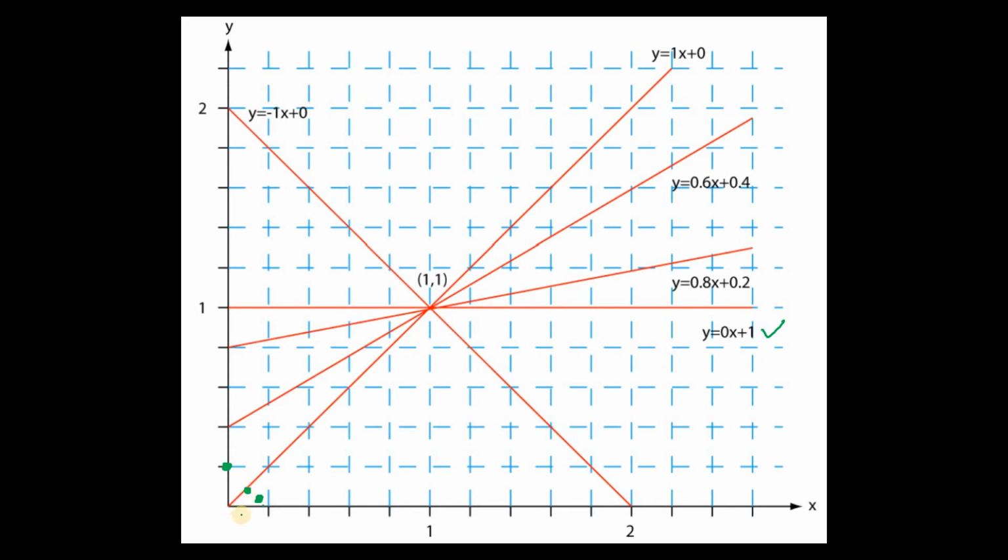And then there is M is 1 and B is 0. So it's this point. So these are done. Then m is -1 and b is